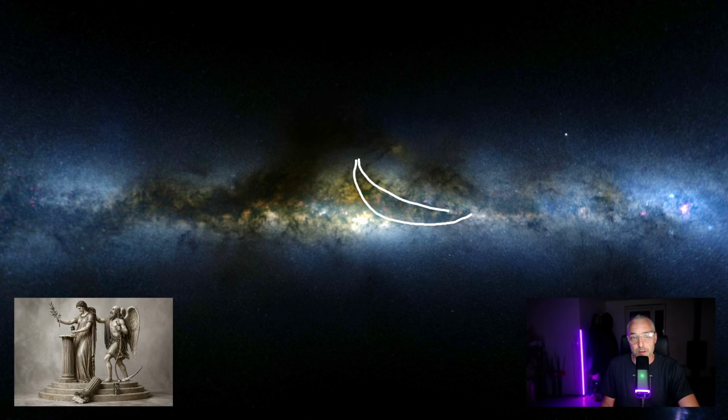And the scythe is used to harvest souls. And in some other myths, it's used for harvesting the wheat. But this is also much older than Freemason. Yeah.